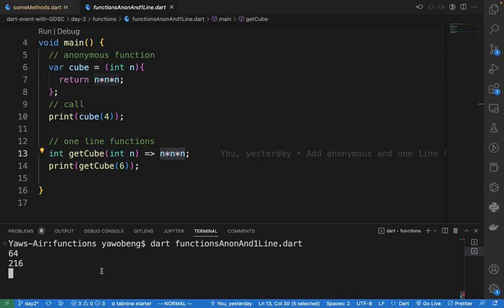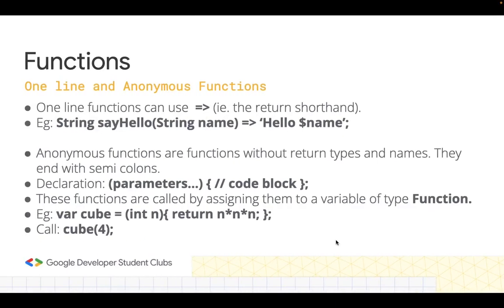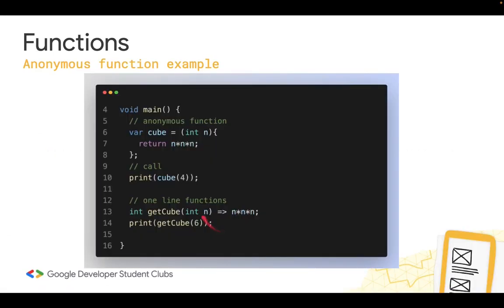If I run this over here, you see 64 prints out first, which is the cube of 4, and then 216, which is the cube of 6. So these work as expected. Yes, so let's move on. This is the code